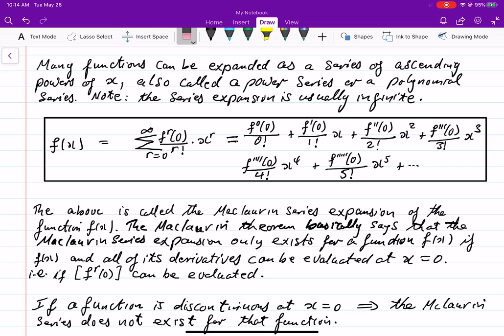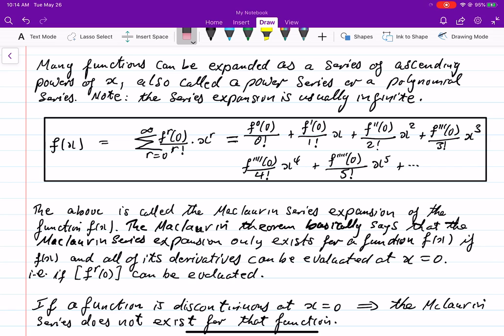Divided by 0 factorial, plus f prime of 0, that means you differentiate the function once and then evaluate it at x equals 0, divided by 1 factorial times x, f double prime of 0 over 2 factorial times x squared. Double prime obviously means you differentiate twice. And so on down the line. Triple prime, differentiate 3 times. Quadruple prime,